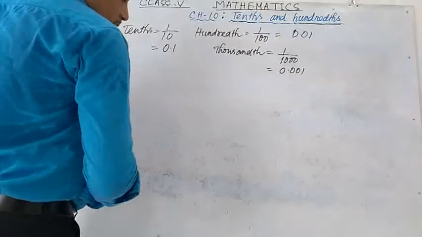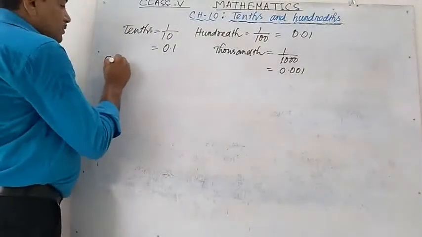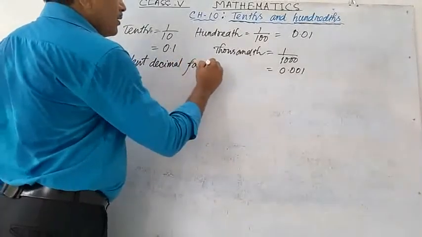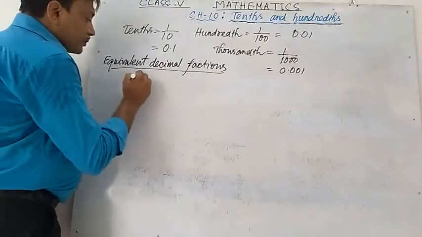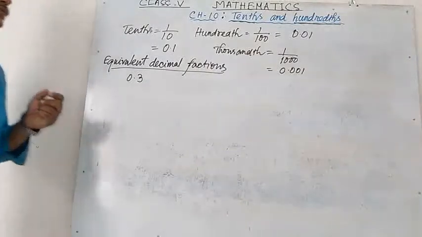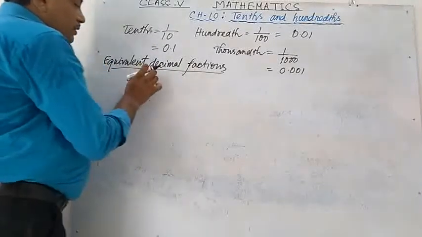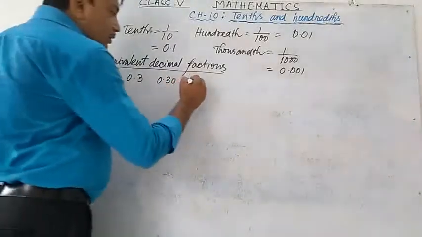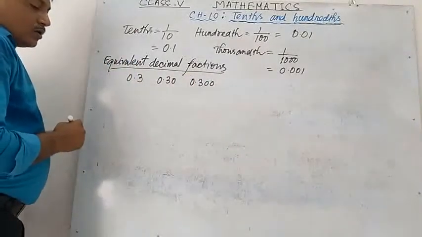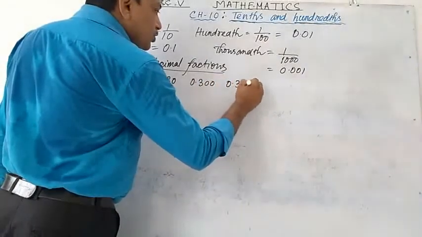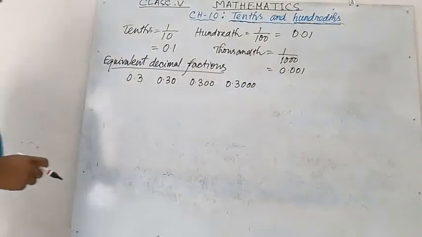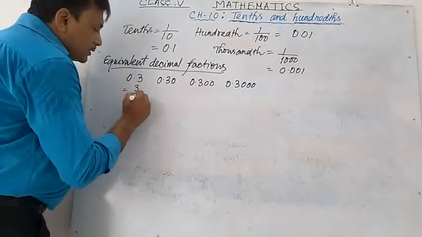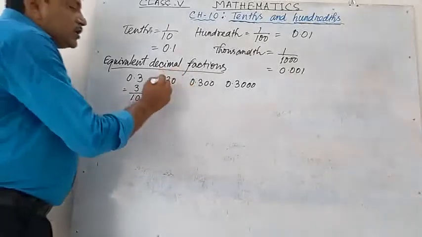Next is equivalent decimal fractions. Suppose we are taking a decimal number 0.3. If I write 0 after 3, that is 0.30, we can write 0.300, we can write 0.3000. So you can see all of these numbers. 0.3 means 3 by 10. Now 0.30 means